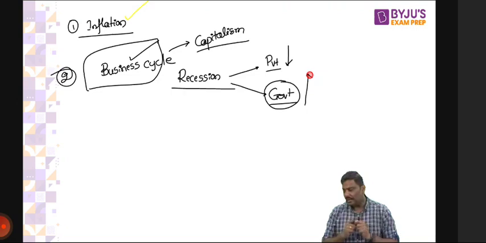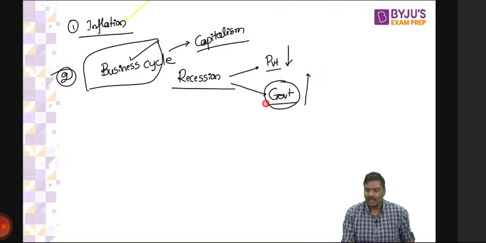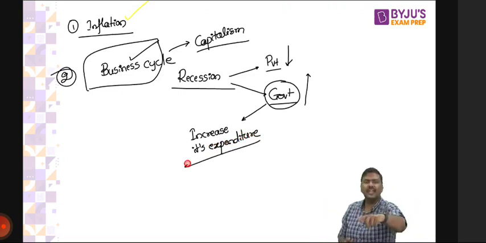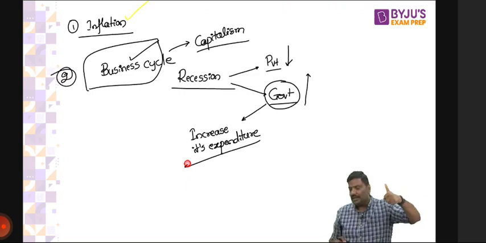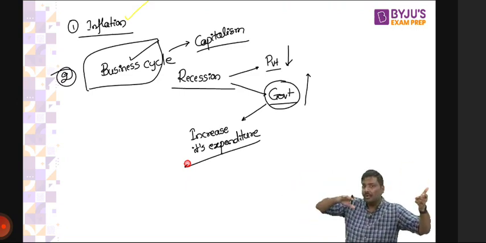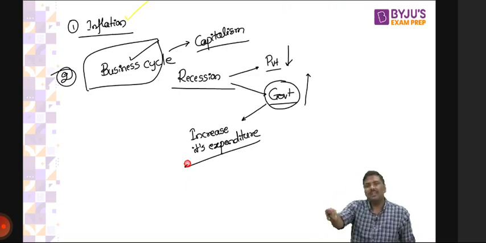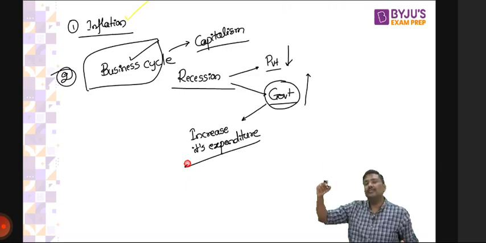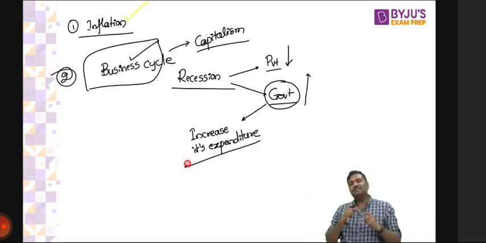One, government can increase its expenditure. So how will government expenditure promote recovery? Simple. Government will spend money and start constructing roads. Government will spend money and start constructing airports. Now, when roads and airports are constructed, demand for cement and steel will increase. And when the demand increases, companies will start producing both of them, and they will hire more people. Salaries going to houses will go up, which will lead to higher demand for goods and services. Did I not just explain a virtuous cycle?